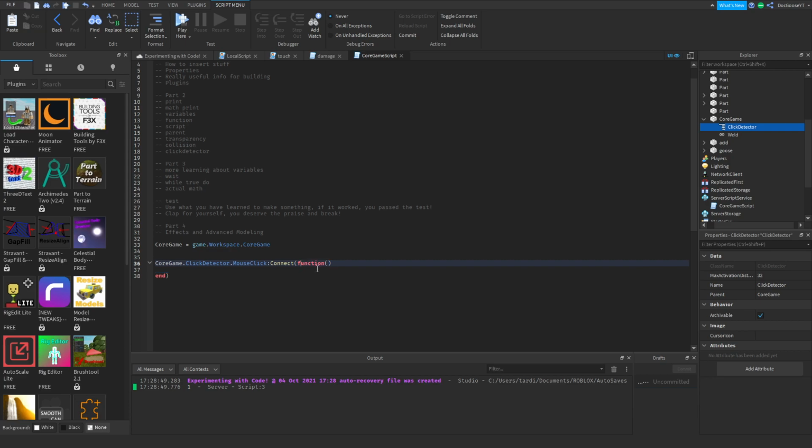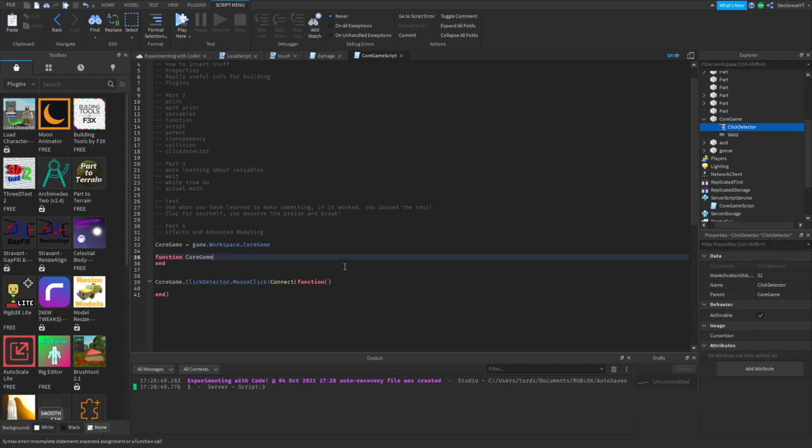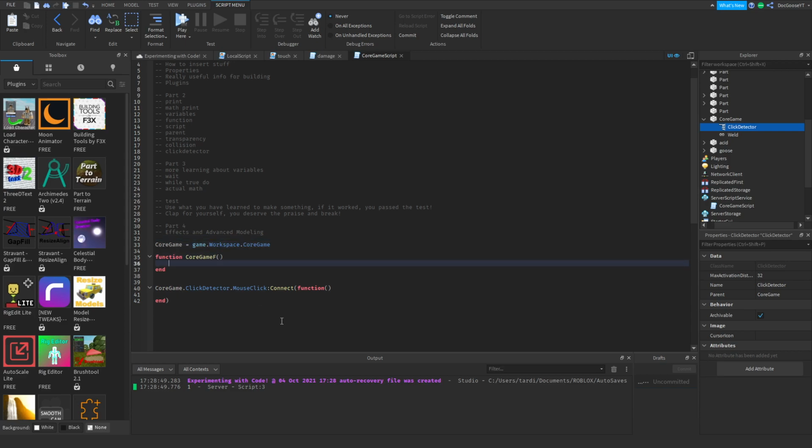And we're going to make a function. You know what? We can just make a function here, okay? Function core game. Oh, wait, no, oops. We need to put F, because it's going to redefine this. It won't make sense since it's redefining the core game, so we need to put F, that way it doesn't redefine the core game before it. So, core game, which is the part, dot,